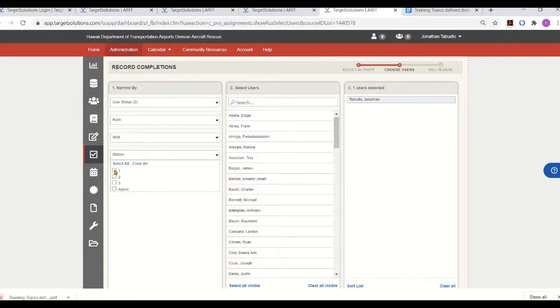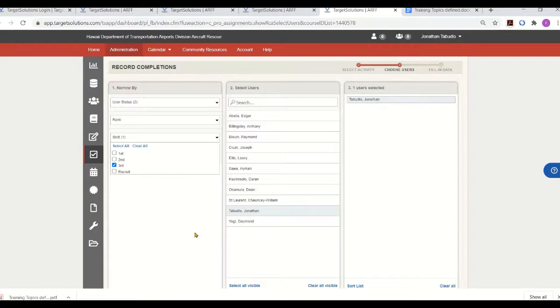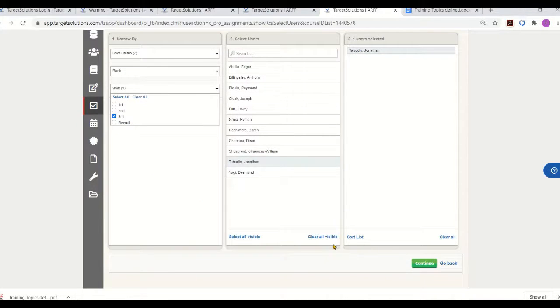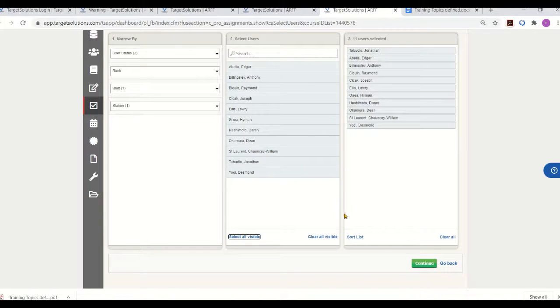Let's say we had first watch guys, station 1 guys, third watch guys. They all participate in the drill. We're going to select all that's visible. So once I click continue, all of these guys here will be credited the training report. Let's say we had Billingsley was in here, and we had Chauncey was in here. And once we go continue,